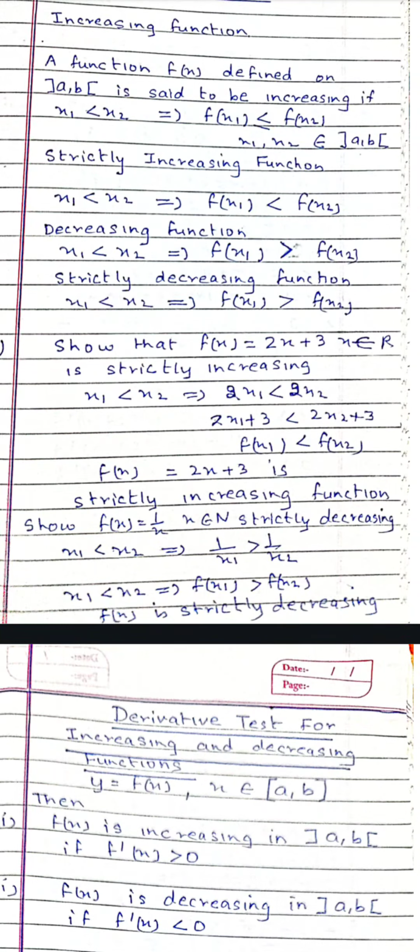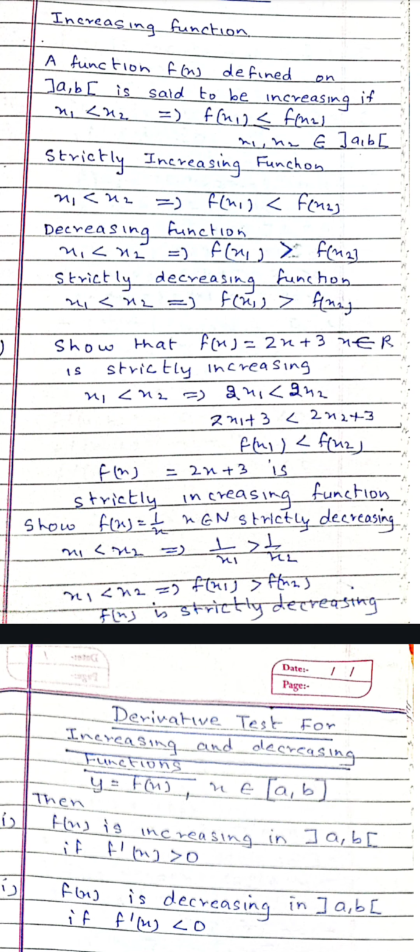For a decreasing function, if x1 is less than x2, then f(x1) is more than f(x2). In case of strictly decreasing function, x1 is less than x2 implies f(x1) is strictly more than